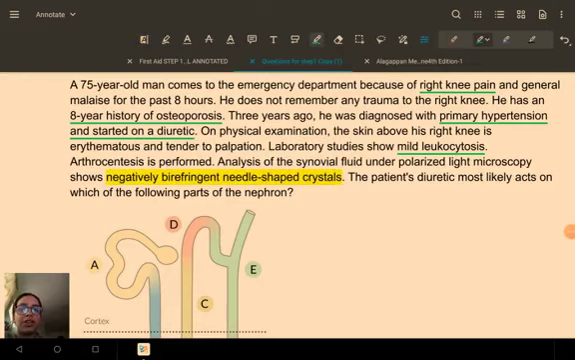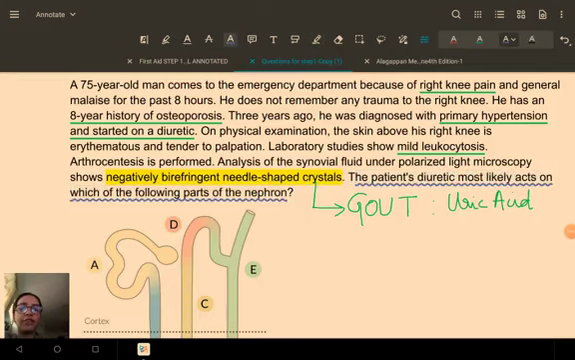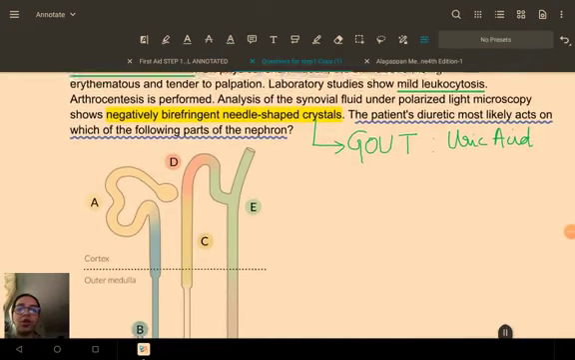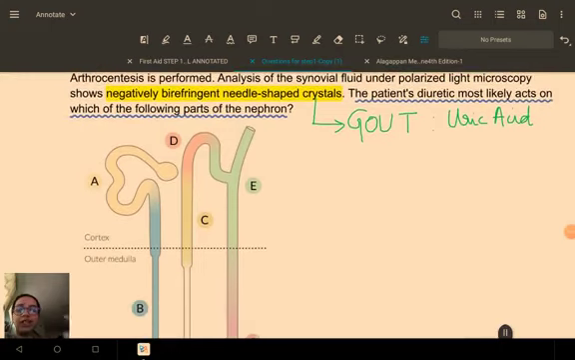We know that we are dealing with gout, because we know these are uric acid crystals, monosodium urate, right? So this is uric acid crystals. The question that they are asking us is, the patient's diuretic acts on which of the following parts of the nephron? From the question we can gather that this patient with osteoporosis and hypertension was started on some diuretic that led to hyperuricemia and gout. And they are asking us, where exactly does this